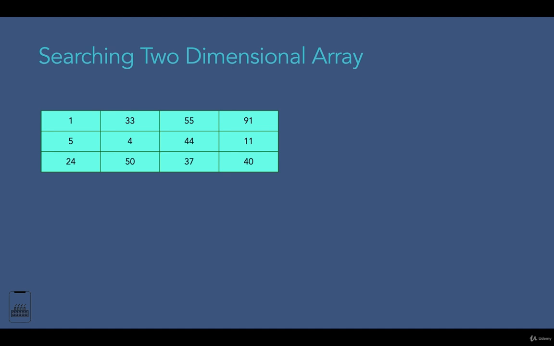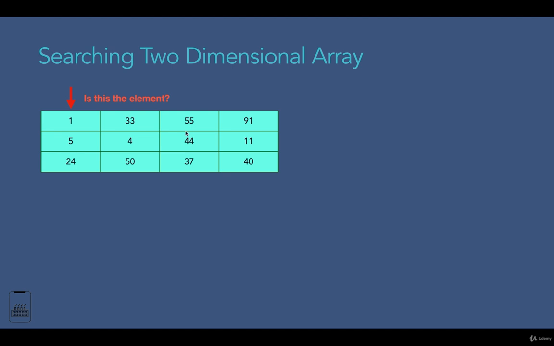There are many algorithms available for searching a two-dimensional array, but here we will look at a linear search. In linear search, we need to search through every element in the array and check if the current element is the element that we are looking for. It continues until we find the element that we are looking for. As we did in traversal, we go to the first row of this two-dimensional array, loop through the first row, then the second row, then the third row. Every time we visit a cell, we check if this is the element that we are looking for or not.